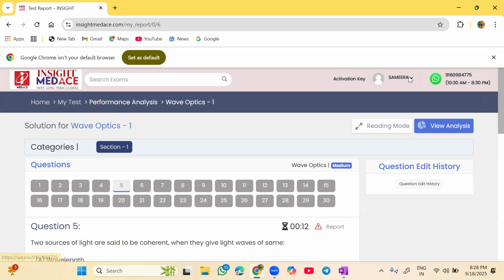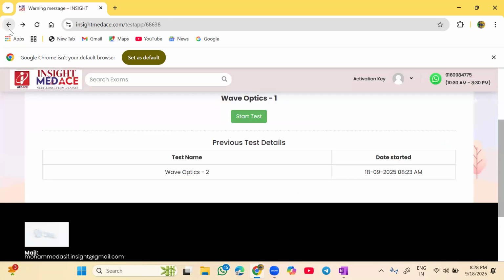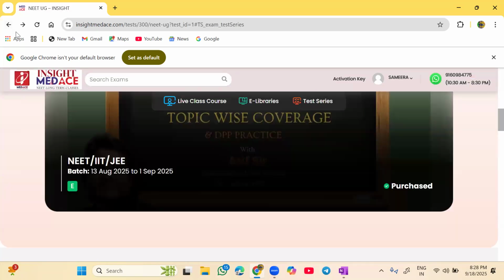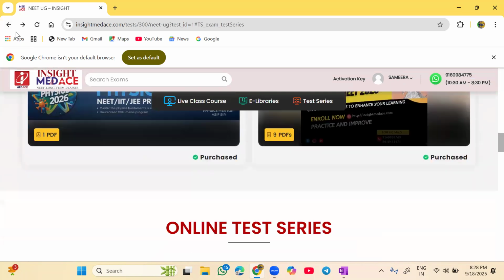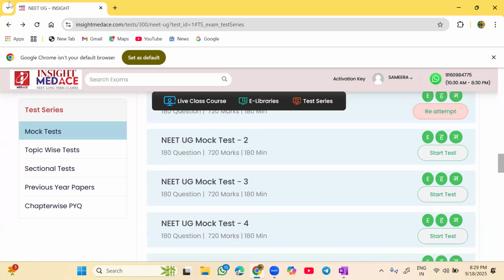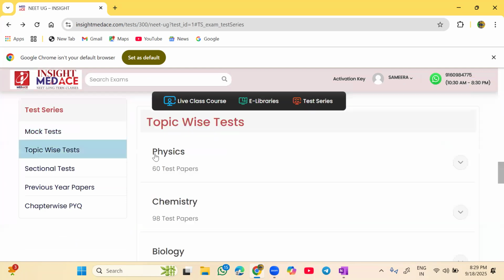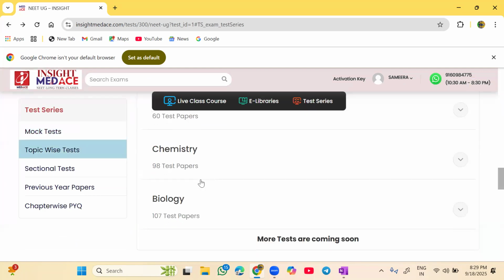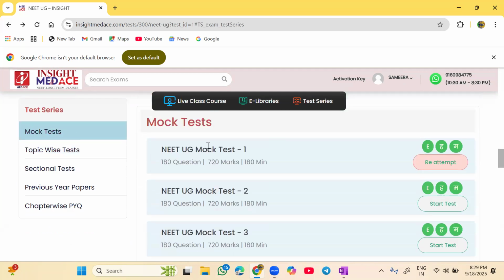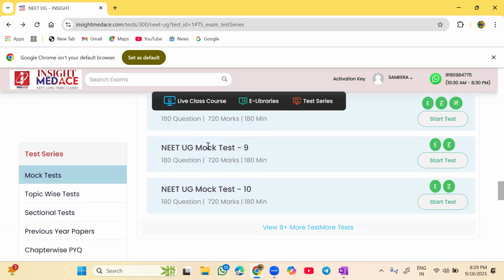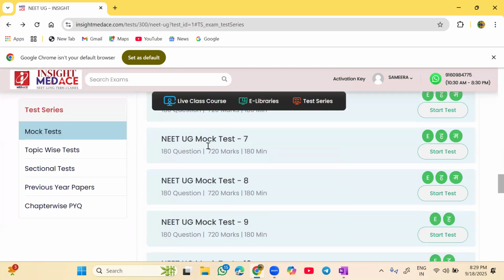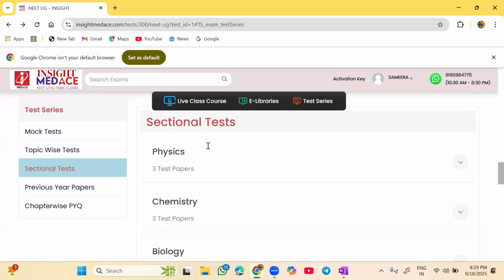हार्डली सम 600 या 700 रुपीज है, पूरा 1 ईयर तक आएगा आपको। और यू आर हैविंग एन नंबर ऑफ टेस्ट। फिजिक्स के अंदर ओवरऑल टॉपिक वाइज आई एम हैविंग ऑलमोस्ट लाइक 60 टेस्ट, केमिस्ट्री में 98 टेस्ट है, बायोलॉजी में 107 टेस्ट है, पार्ट टेस्ट है। अगर आपको मॉक टेस्ट लिखना है तो मॉक टेस्ट भी लिख सकते हो बेटा। यू आर हैविंग एन नंबर ऑफ योर मॉक टेस्ट इन दिस वन। इसके बाद सेक्शनल वाइज टेस्ट भी है।